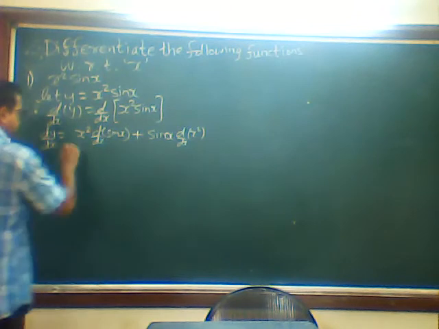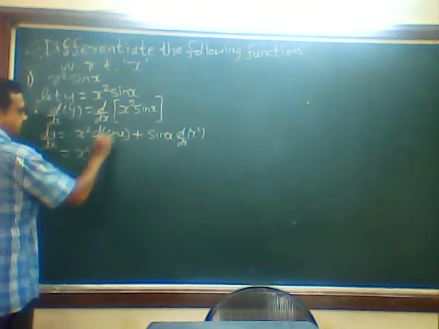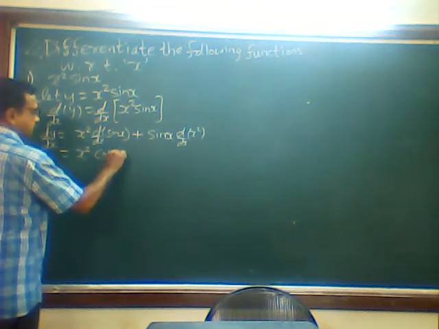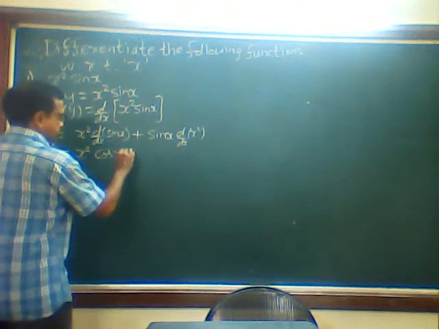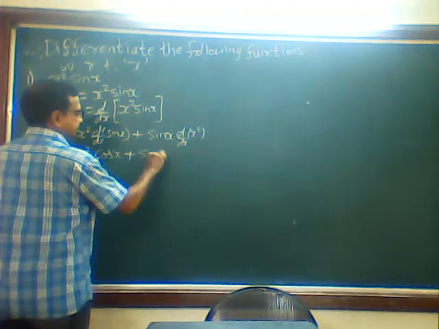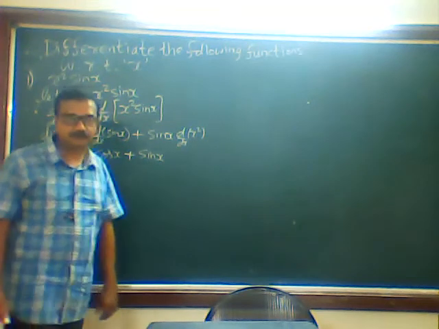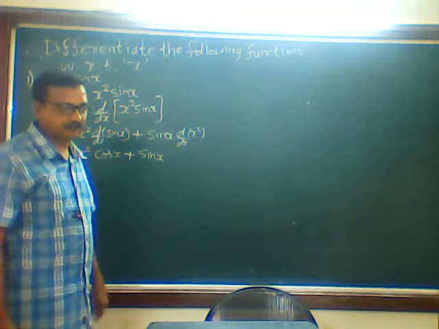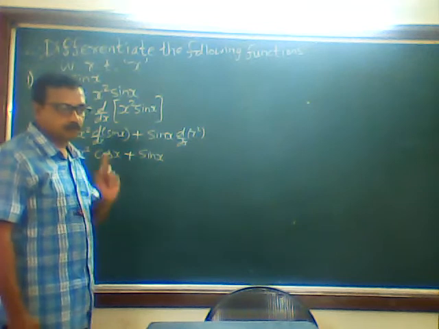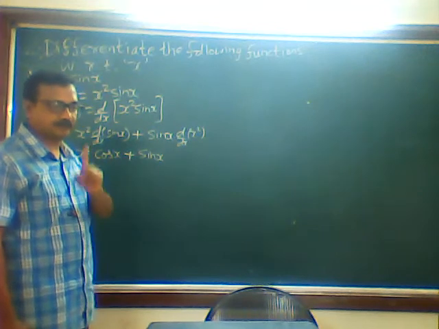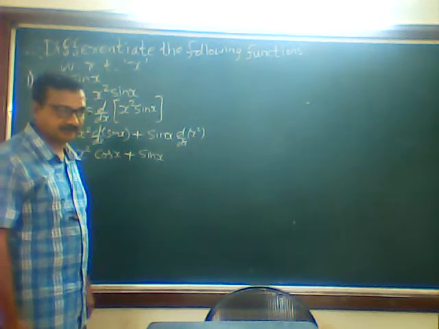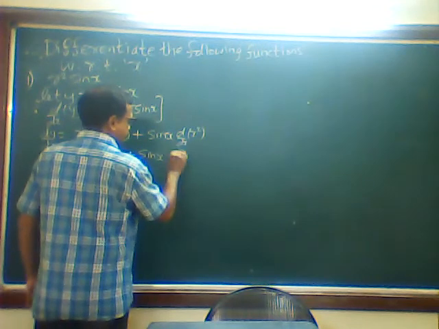Okay. Now this x square is carried on as it is. Now d by dx of sin x is what? Cos x, plus sin x as it is. D by dx of x square is what? The x raised to n formula, last time I told you: n times x raised to n minus 1. Here my n is 2. 2 times x raised to 2 minus 1, which is 1 now. That's why it will become 2x. So d by dx of x square is 2x.